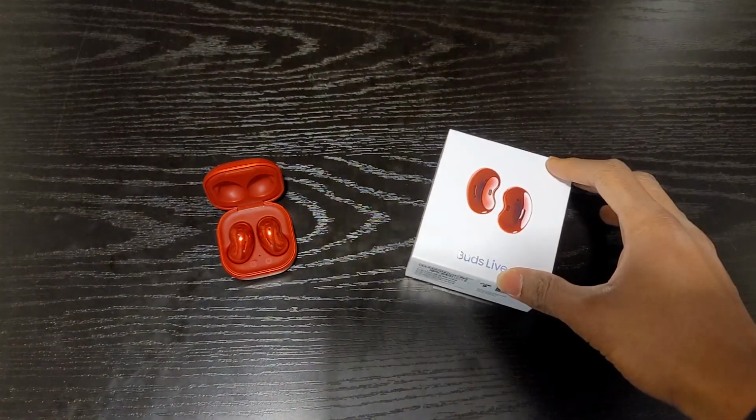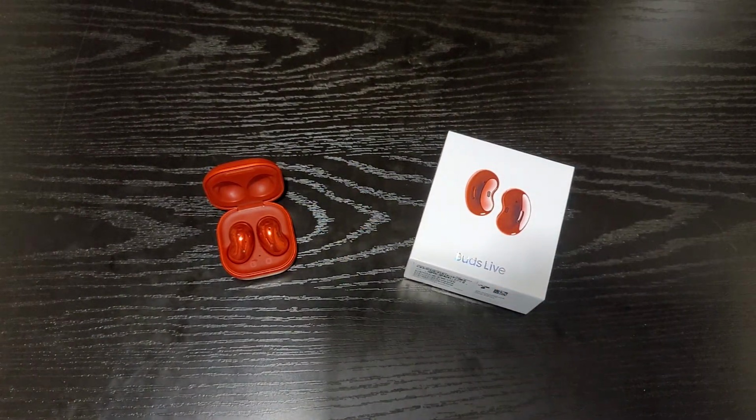I was just describing. If you're using both of them, you're only going to get like 5 to 6 hours. Then you put them in the case, charge them, you get another 5 to 6 hours. You put them in the case again, charge them, you get another 5 to 6 hours. That's what that 21 hours means, is that throughout the multiple charges, you can get up to 21 hours of playtime, which is close to a correct estimate. But like I said, based on my experience of using them, you get around